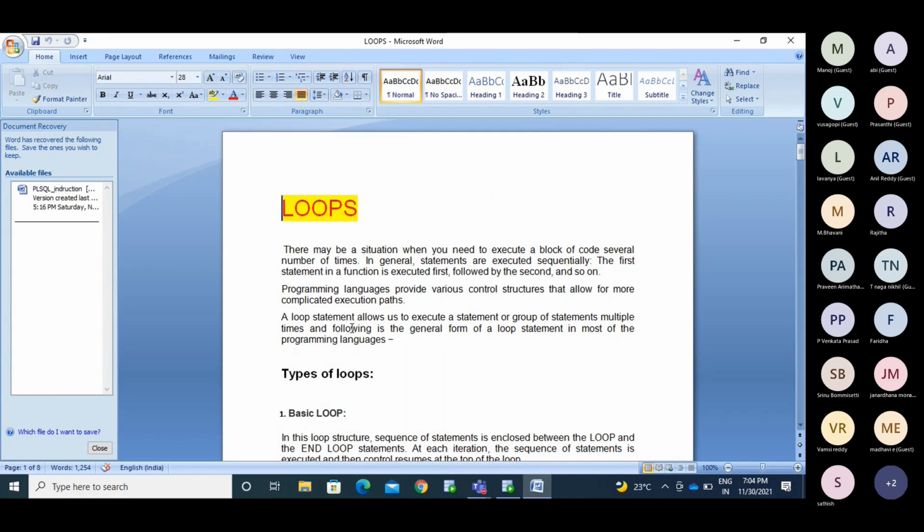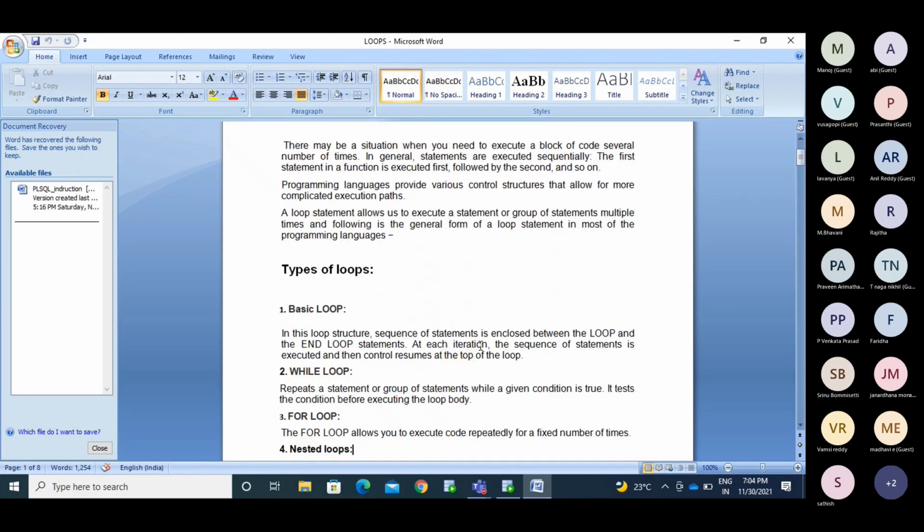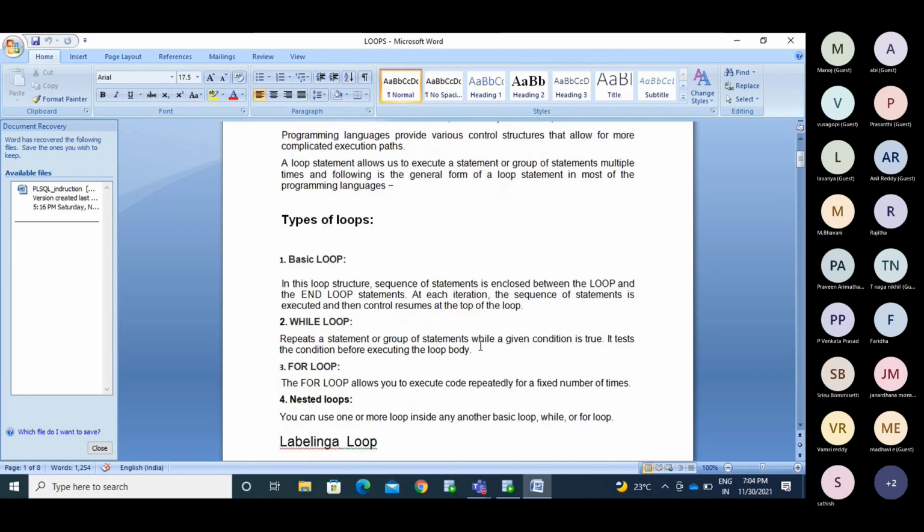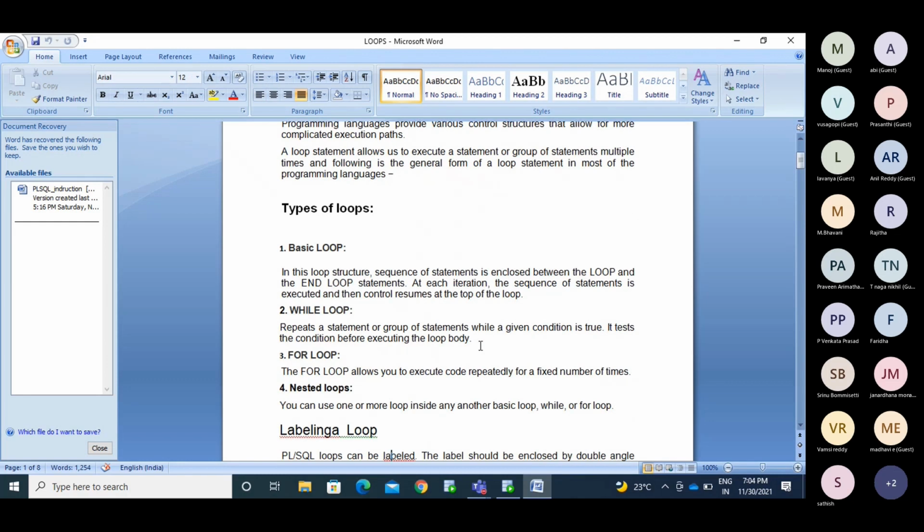A loop statement allows us to execute a statement or a group of statements. Meaning you can execute one statement or multiple statements. We have the basic loop, while loop, for loop, and nested loop. The basic loop will help you to run the